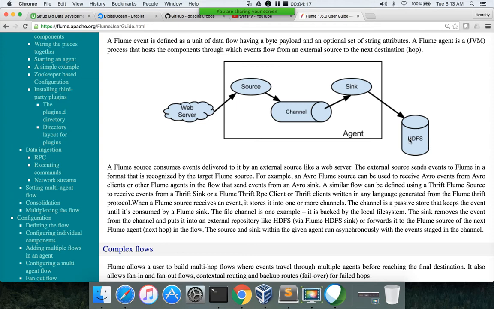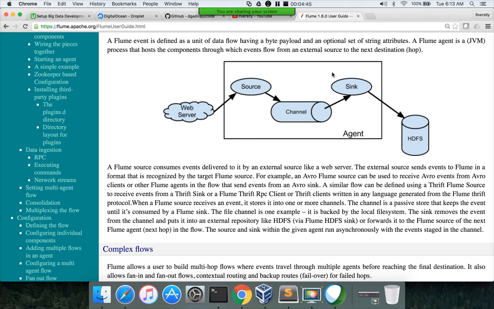If you want to use Hadoop as sink, either you have it in the gateway node, where the gateway node already knows your Hadoop cluster and HDFS, but it should be able to access the web logs from the web server. Or you can have the agent on the source web server itself, but it needs to have the binaries and other configurations to act as a client to Hadoop.